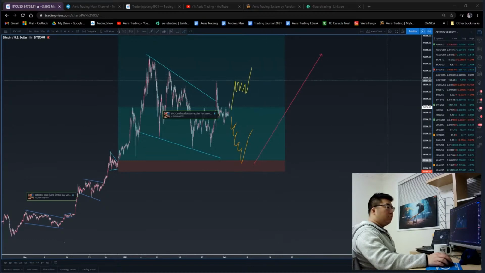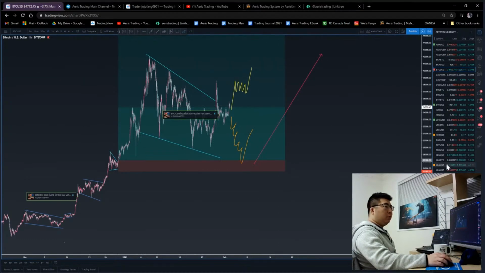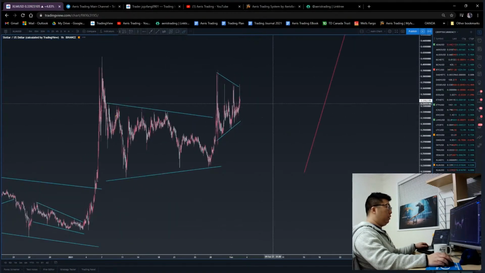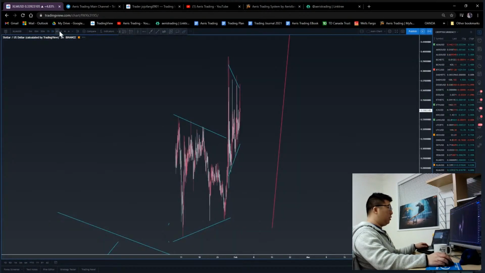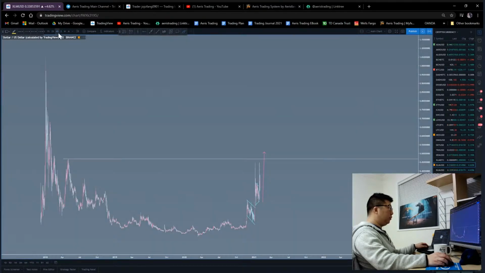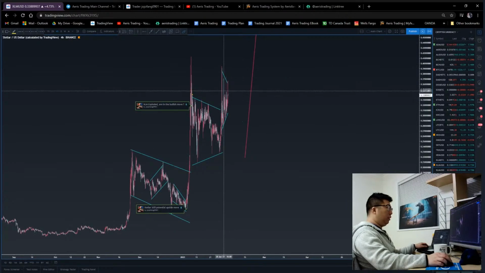So any question on this before I jump into other ones? I do want to talk about Stellar. So I'm really looking at Stellar for potential opportunity now. I was in Stellar a few of these trades, if you guys recall. I was in Stellar, sorry, and it looks like they didn't go much and form a deeper correction, a deeper consolidation,